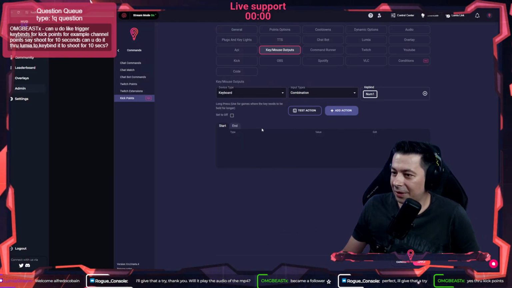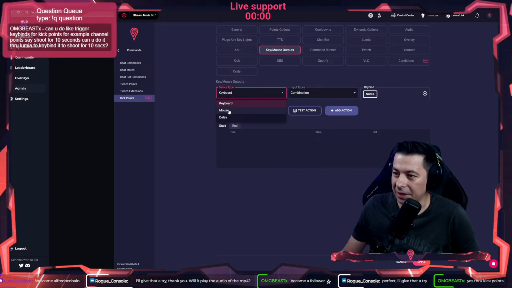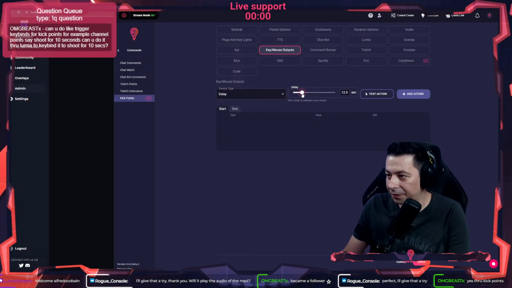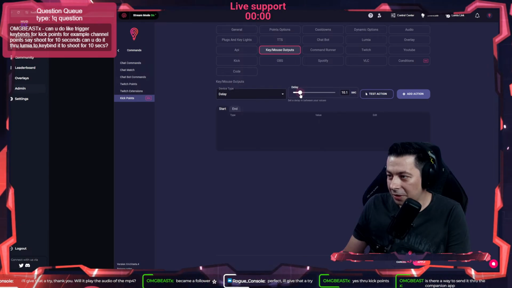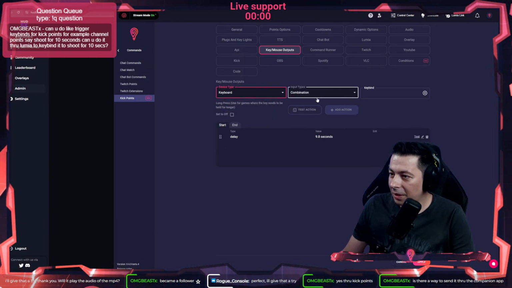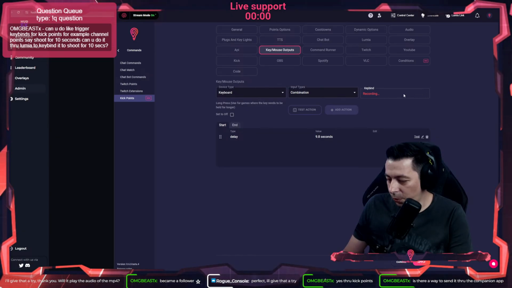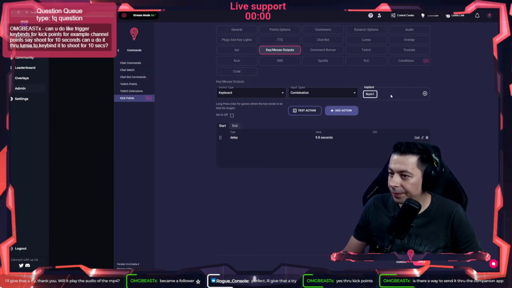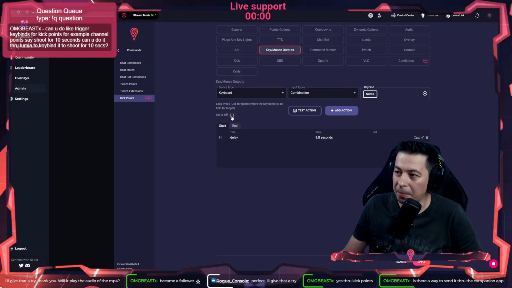And we're gonna first give a delay of 10 seconds so I can actually move over afterwards. And here I want it to press 1. Long press is used for games where you need to hold longer. This is set by default off.